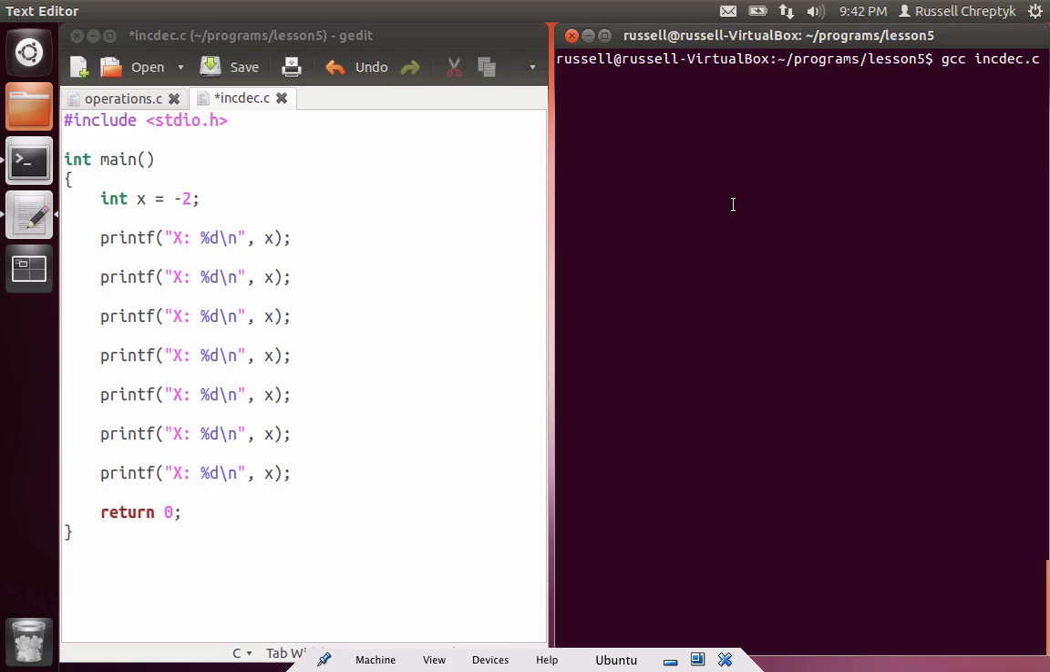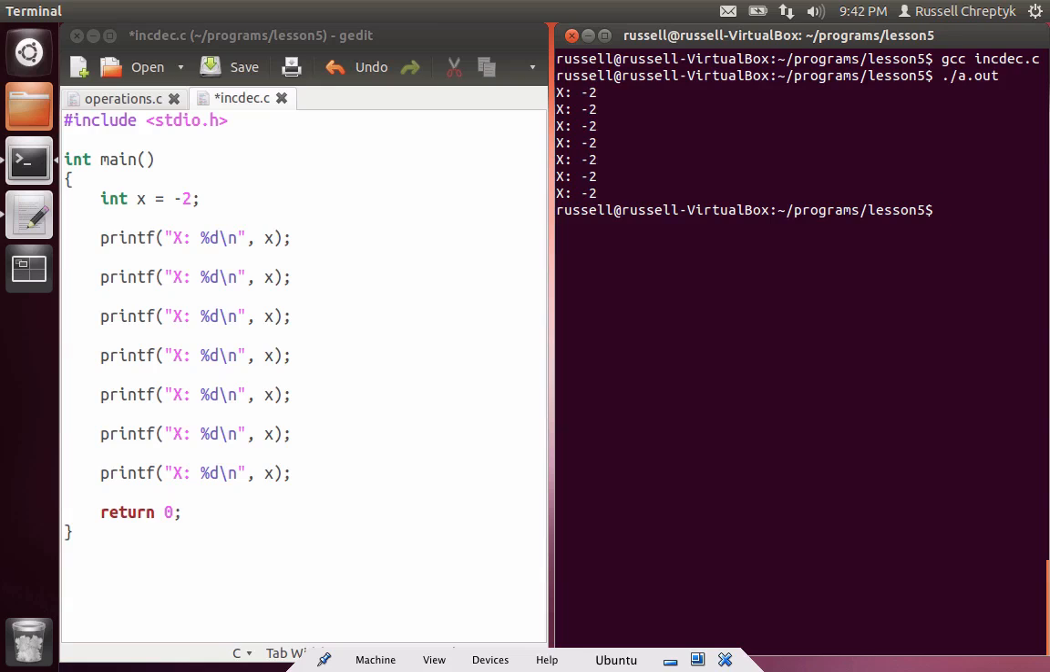Here I have some code, and all it does right now is it sets x to -2. So if I run this, and then it prints it all out, nothing actually changes the variable. So what I am going to do is I'm going to say x plus plus, x plus plus, x plus plus, x minus minus, x minus minus, x minus minus. So now when I run this,